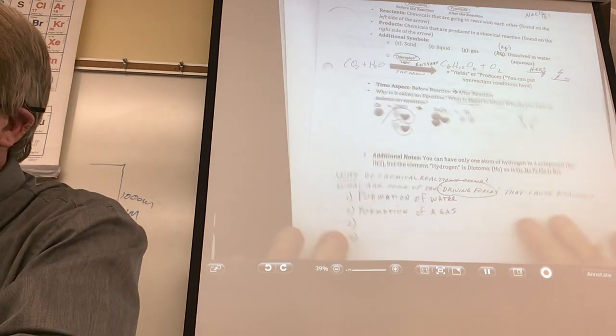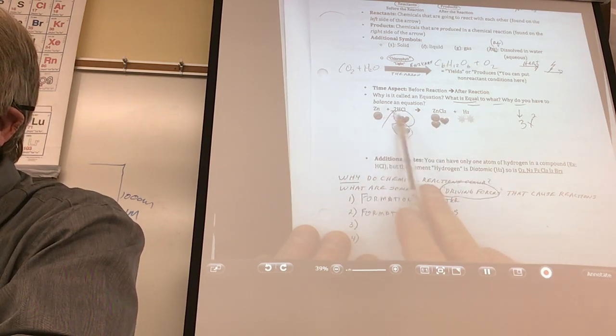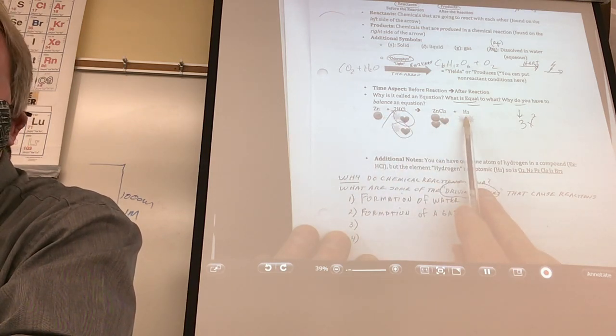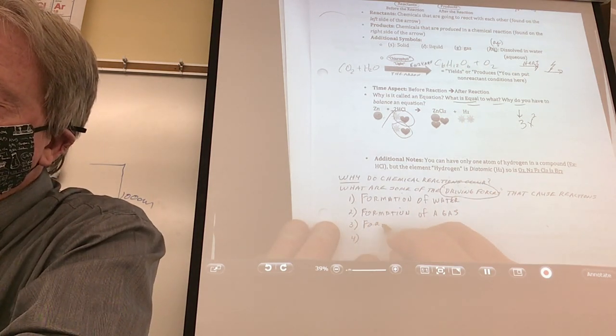As a matter of fact, look at this right here. What do you think the driving force of this one was? See? Formation of a gas. Here's another one. Formation